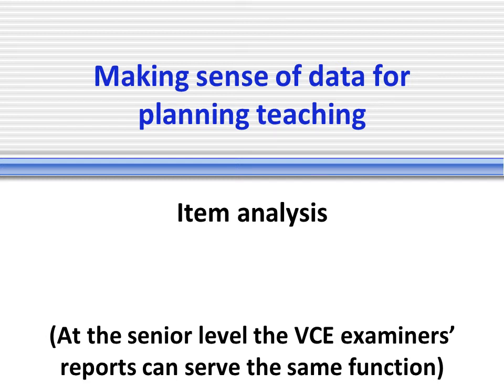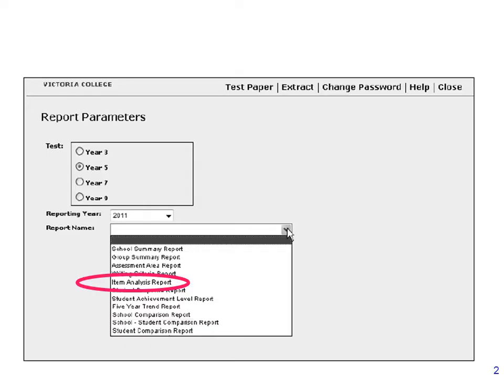In this module we want to look at the item analysis report that's available in NAPLAN, and you could find equivalent information in VCE examiners reports, where we look at the percentage of students who chose correct and incorrect answer options on each test. So just looking quickly at the item analysis report, it's in the list of available reports,